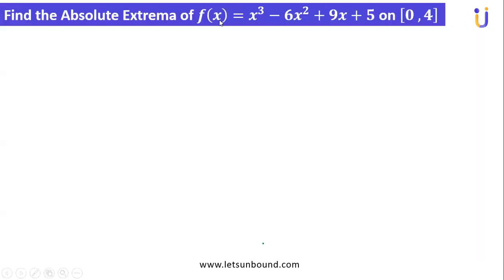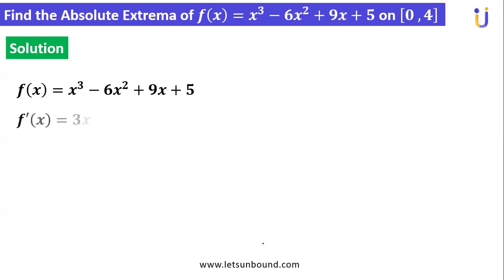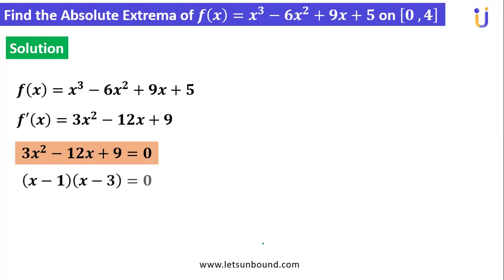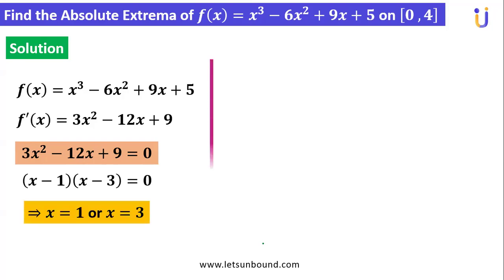Let's do this. Find the absolute extrema of this function on this interval. So first, critical points are important. So f dash of x equal to 0 and solve for it. You got your critical points, right? Then critical points and endpoints. These are endpoints. You got critical points. Now you have to compute the values,